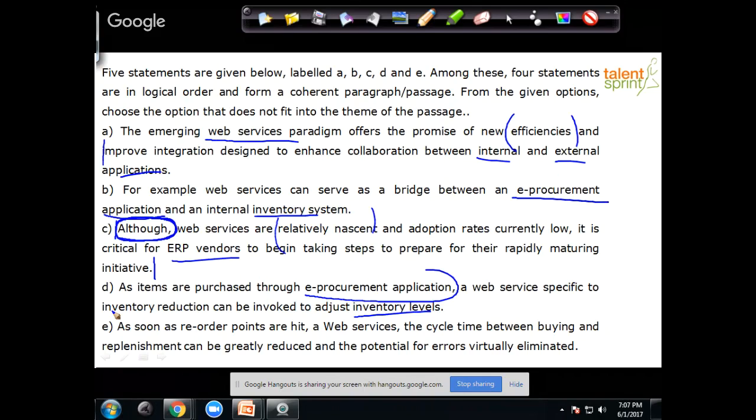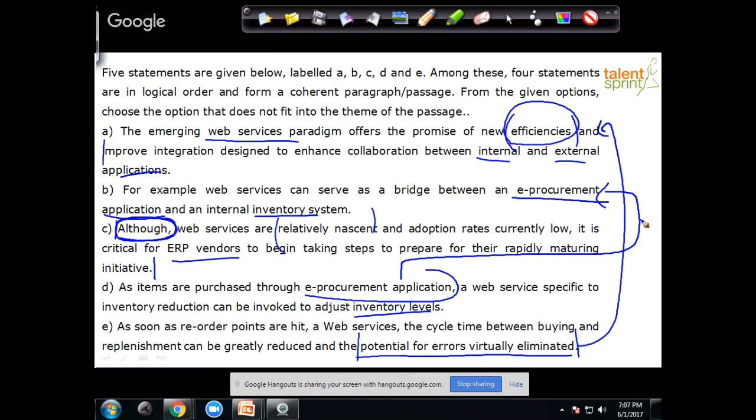So this E has some good pointers which is relating to how efficient this web services can work, which is obviously to bring down the number of errors, right? If you eliminate as much errors as possible, automatically efficiency will increase. So there's some sort of a logical connect, right? So Monica, you don't have to be confused between C and D because D has your direct clue phrases. So the only thing that is standing out is C.